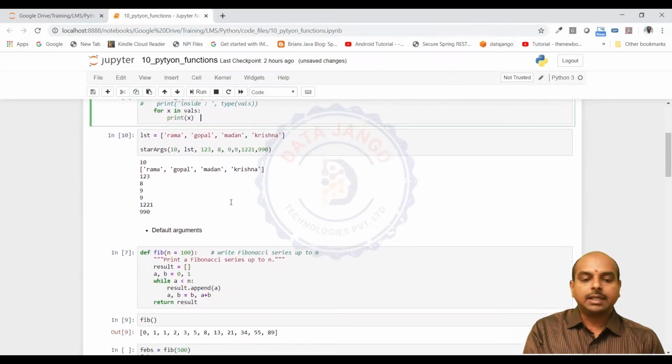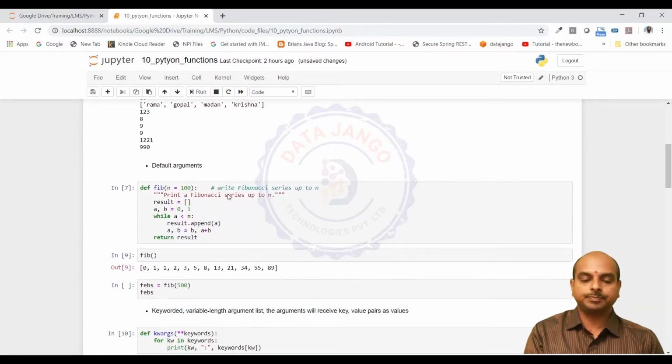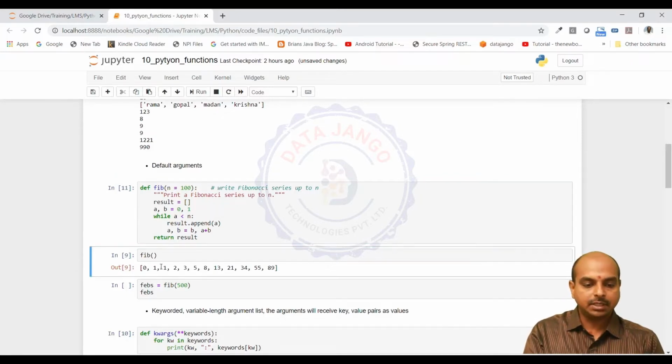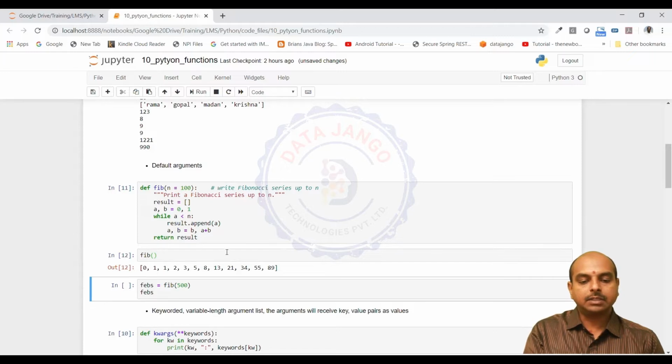And then there are default argument methods also. While declaring the method, you can specify the value of the variable. Here n is the variable, the argument name is n, and the argument has a default value 100. Even when you call the method without passing any value, it will take 100 as the default value. If you pass a value, it will take that. So n is equal to 100, and then we are printing; this is the method to generate the Fibonacci series. So here I called it, and it took 100 as the default value and generated